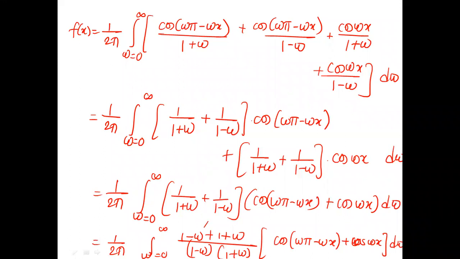Okay, here minus omega plus omega cancel. 1 plus 1 is 2. This is a minus b into a plus b, a square minus b square. So 1 square minus omega square. So therefore, f of x is equal to 1 upon